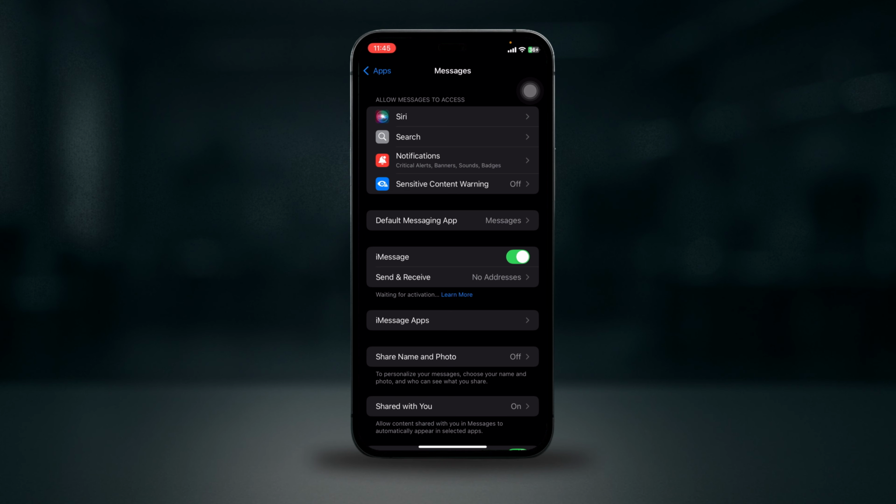So all you gotta do is turn off focus mode, turn off silence unknown callers, disable VPN and restart. Your login